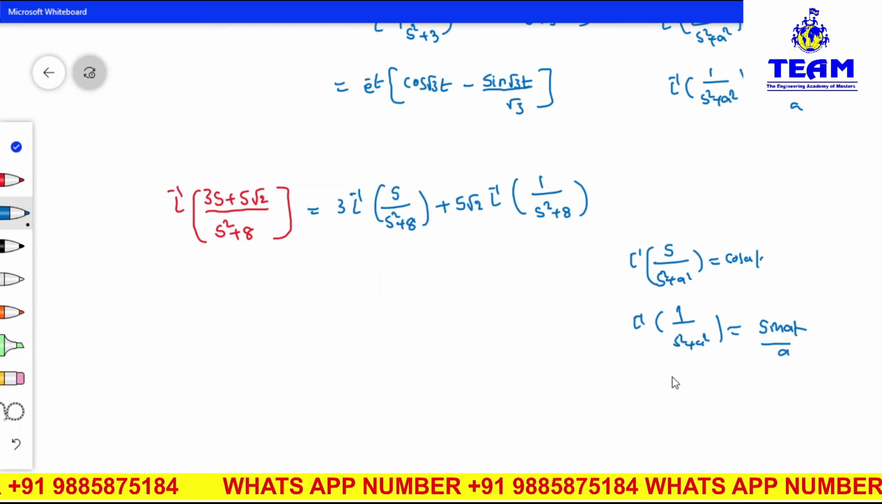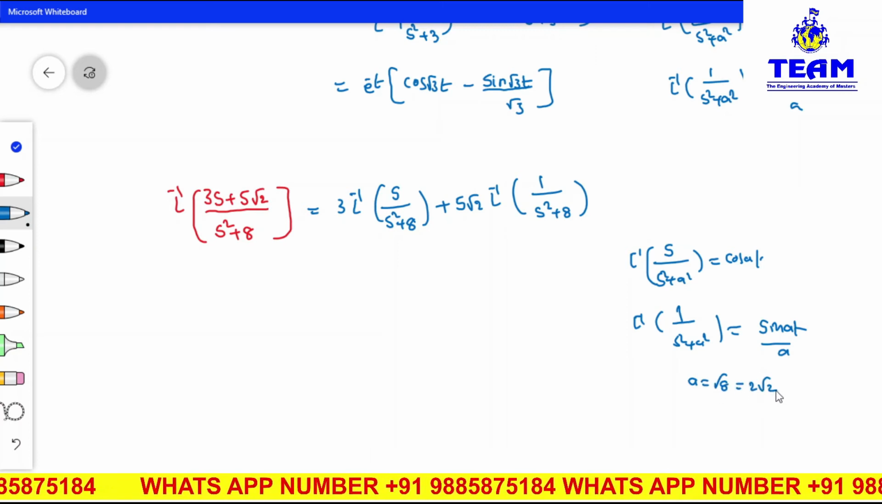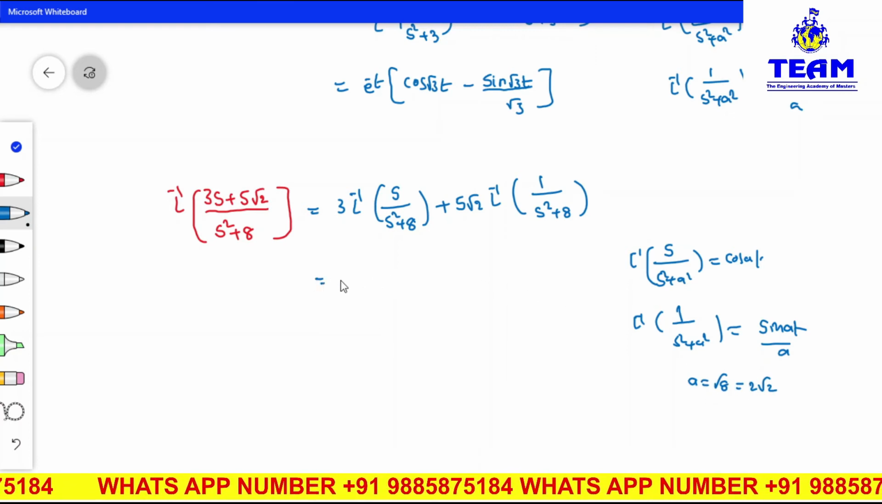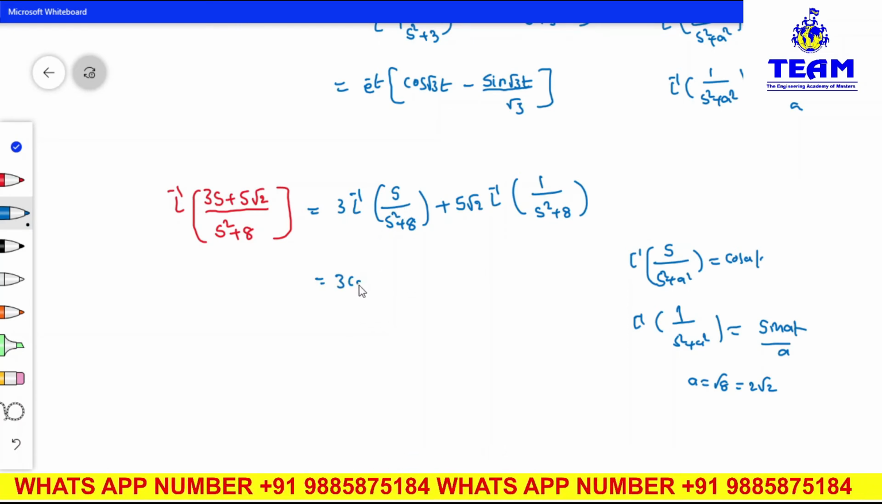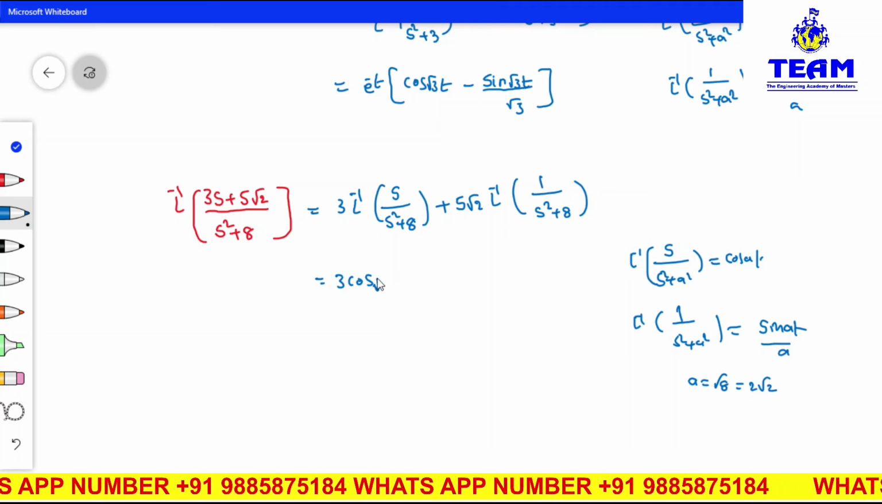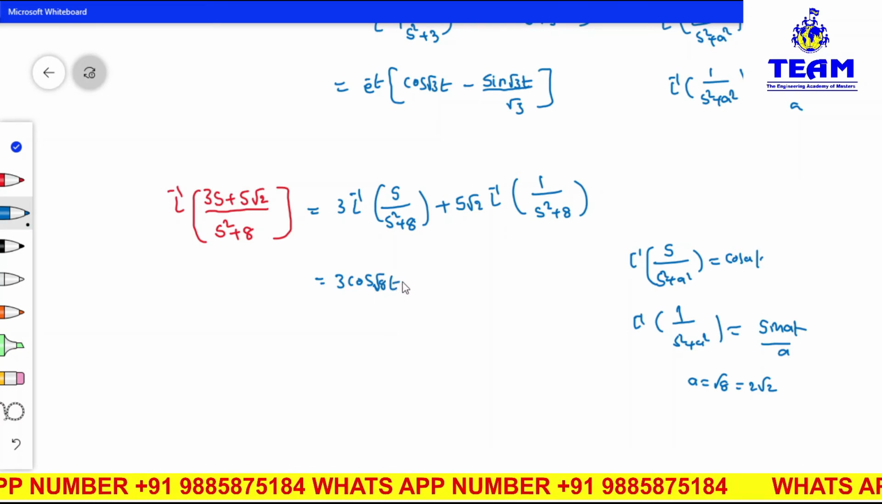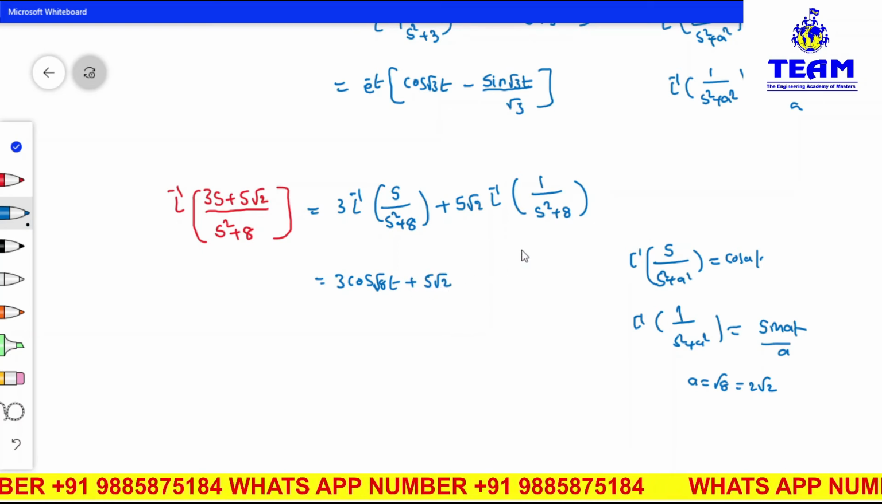So what can you write? a is root 8. Root 8 you can also write as 2 root 2, though root 8 is also not an issue. So 3 into this, s is the numerator, so cos at. What is a? Root 8. Cos root 8 t, I am writing, plus 5 root 2 into 1 by s square